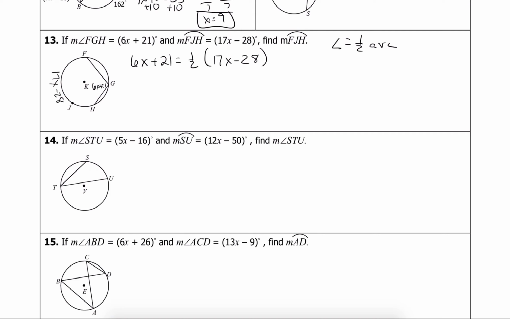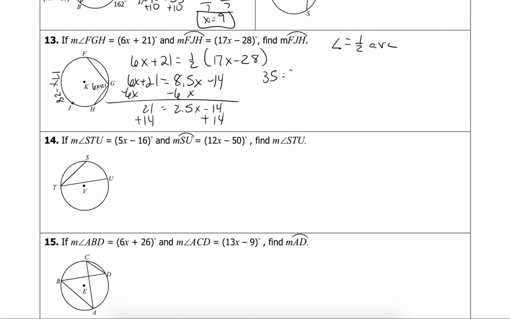Now we can do this in two ways. We can either distribute the 1/2 and get some decimals, just fine, or you could multiply both sides by 2 and not have decimals. So it's kind of up to you, but it doesn't matter. I'm probably just going to leave it like it is. 6x plus 21 equals half of 17, which is 8.5x, half of 28 is 14. So I'll subtract 6x. Get 21 equals 2.5x minus 14. Add 14. 35 equals 2.5x. And so when I divide by 2.5,